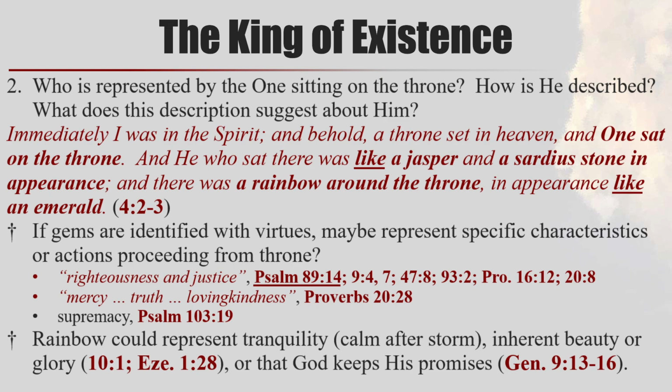In Ezekiel 1:28, in a very similar scene to Revelation 4, God is described as having this brightness around him that's like a rainbow. So there is a reference in a very similar image or symbol that could be suggesting his, again, brightness, his glory, his beauty, etc.